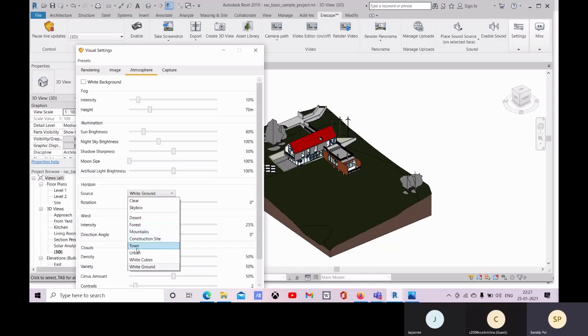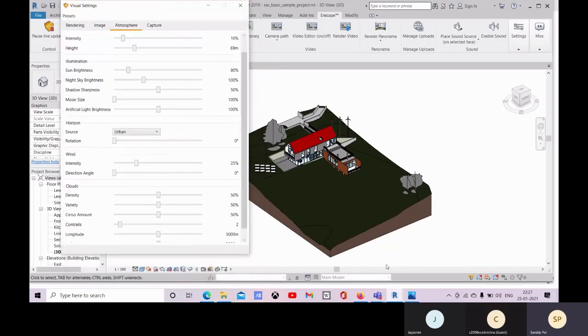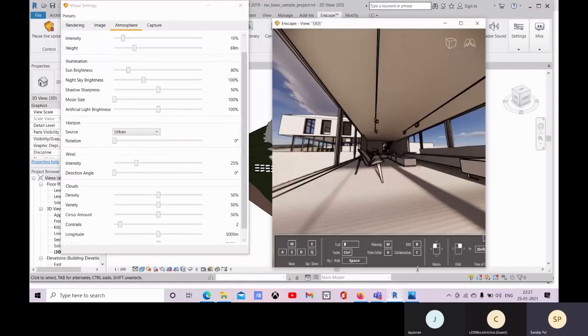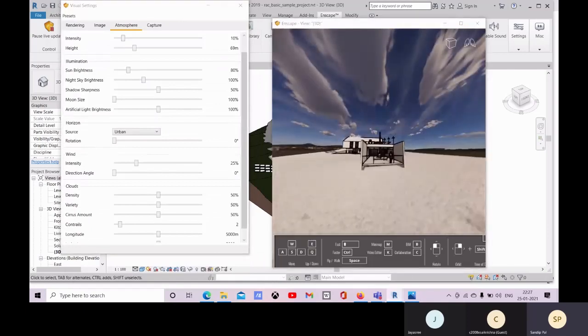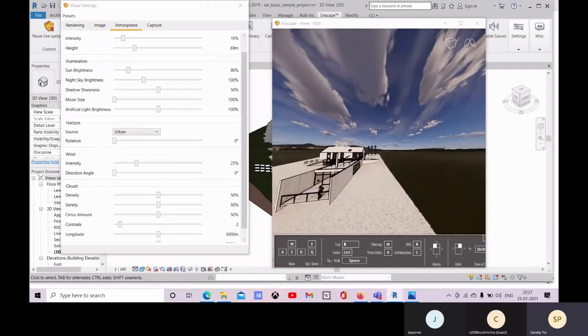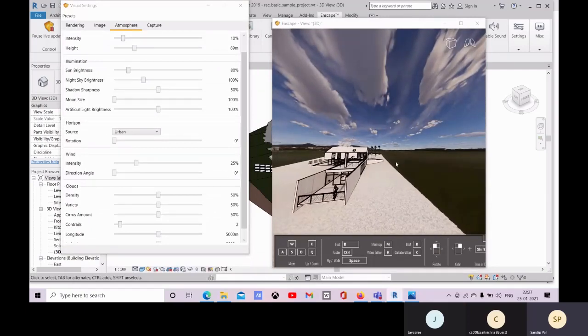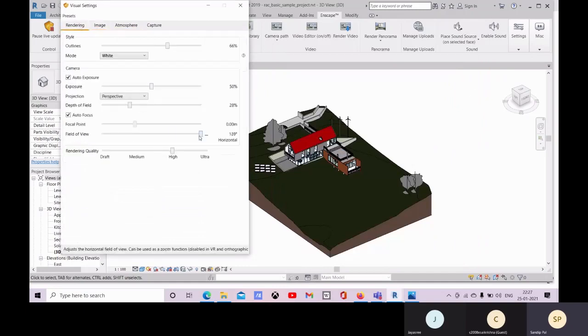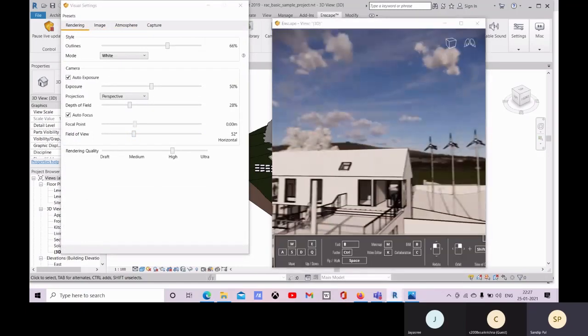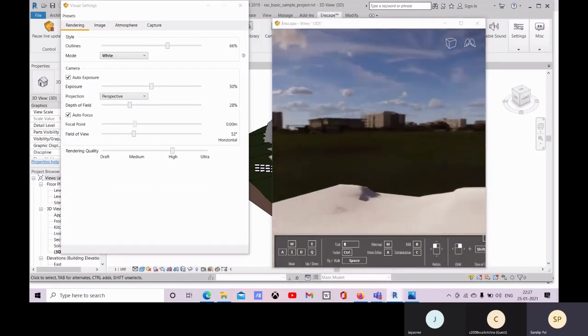So let's choose urban here, and if you go to this Inkscape and outside of it, you will get more urbanized. See, at the background you got this. So let's change this. Now you see the urban area.